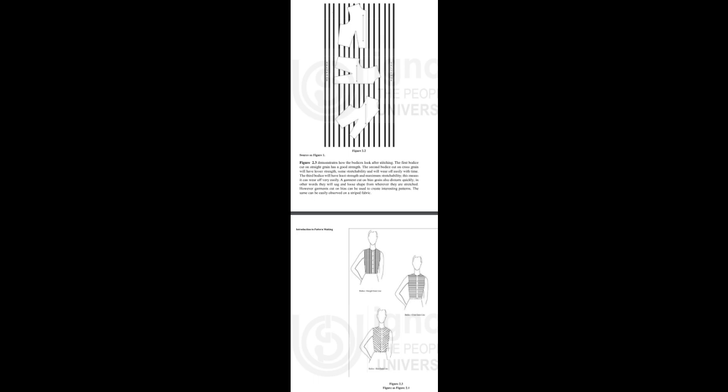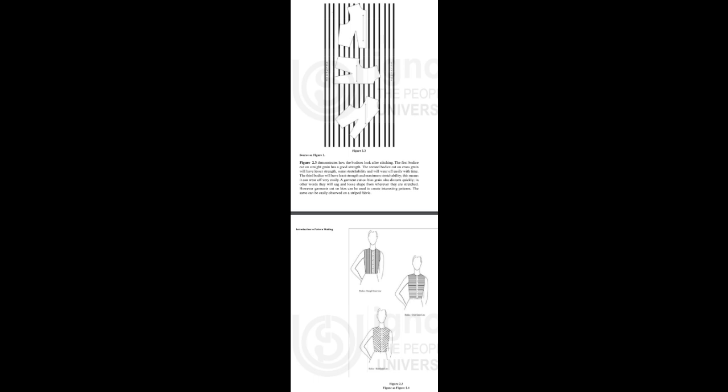A striped fabric where a basic bodice is placed in 3 directions, Figure 2. The first bodice indicates the bodice being cut on straight grain, i.e. center front line parallel to the selvage. The second bodice is placed in a way that center front line of the bodice is perpendicular to the selvage and this will result in a bodice cut on cross grain. In the third bodice, the center front line is placed at an angle of 45 degrees to the selvage. This will result in a bodice cut on bias grain.